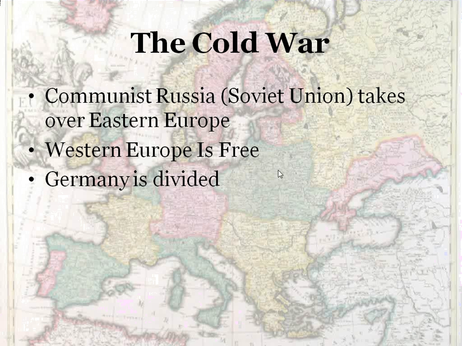capital. Berlin is divided into East and West because the people in East Germany didn't like their government. They didn't like being controlled by the Soviet Union. Many of them started to walk troops right across